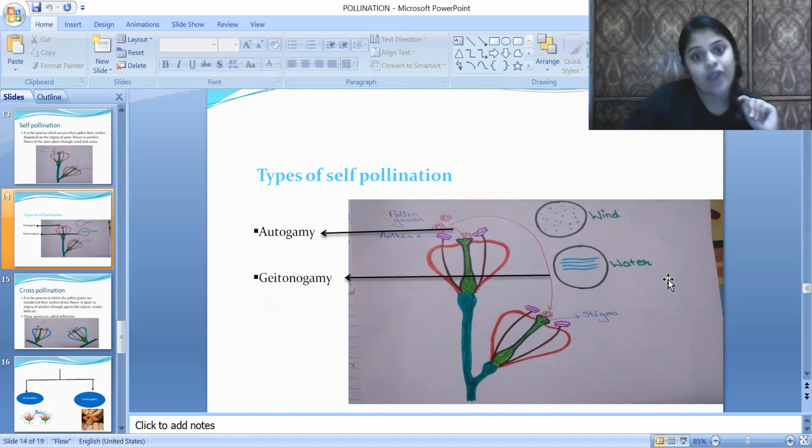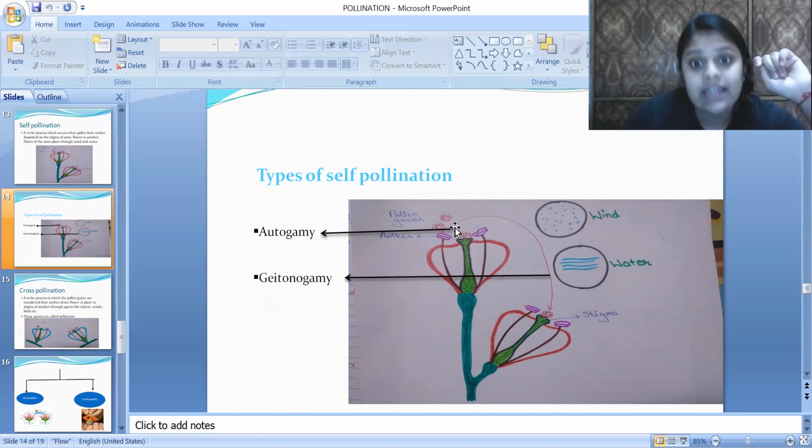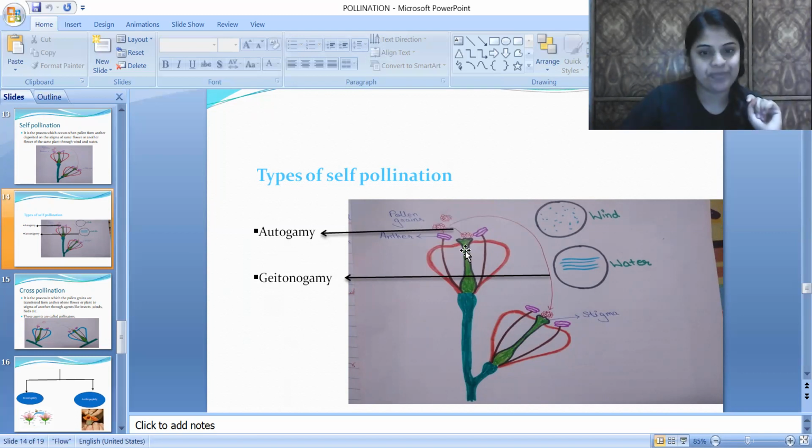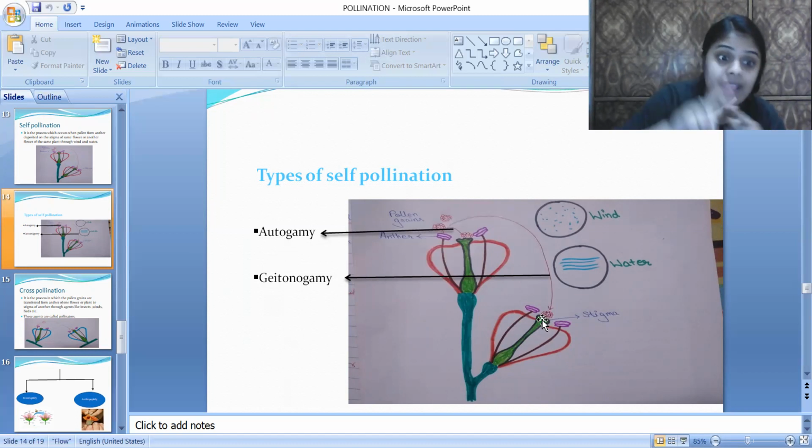Now, the types of pollination. Self-pollination is of two types: autogamy and geitonogamy. What is autogamy? When the pollen grains from the anther get deposited on the stigma of the same flower, this process is called autogamy. And when the pollen grains from the anther get deposited on the stigma of a flower of the same plant,